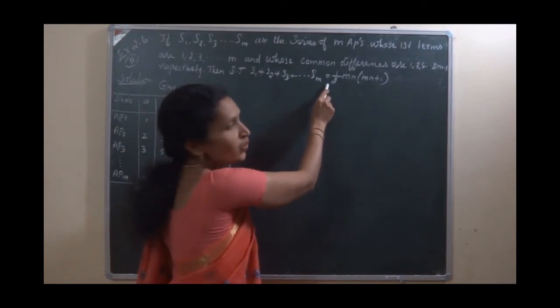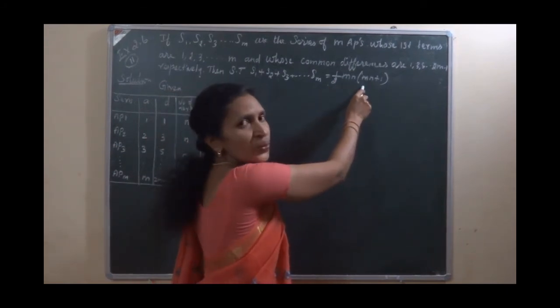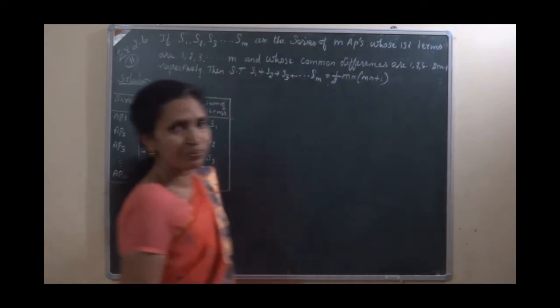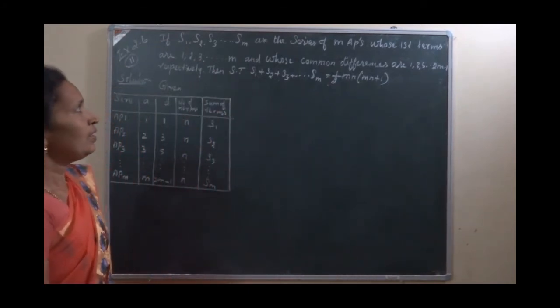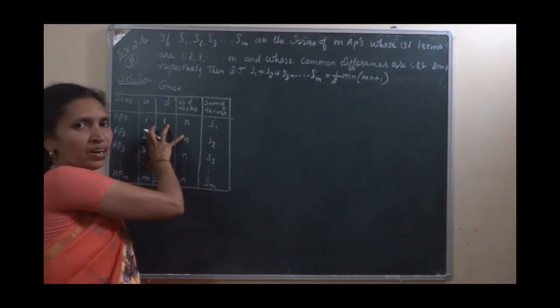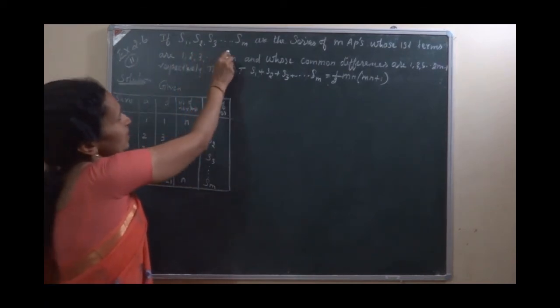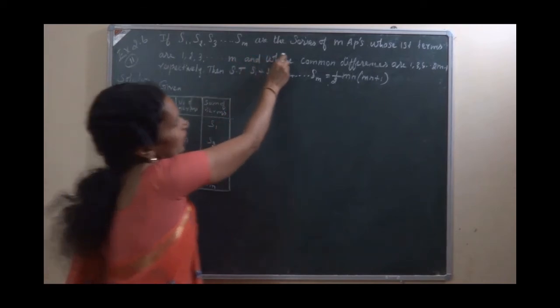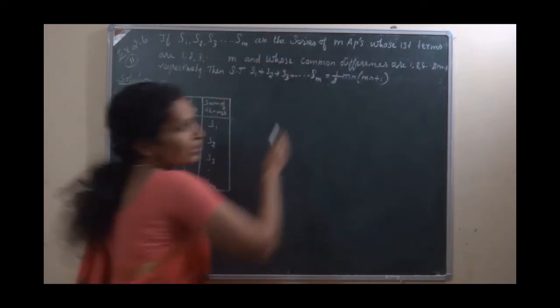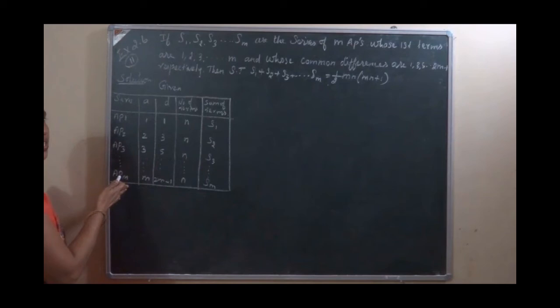S1 plus S2 plus ... plus Sm equal to 1 by 2 into mn into (mn plus 1). According to the question, I made a table column. What they given? S1, S2, S3, etc., Sm are the series of m arithmetic progressions. So m arithmetic progressions are there,